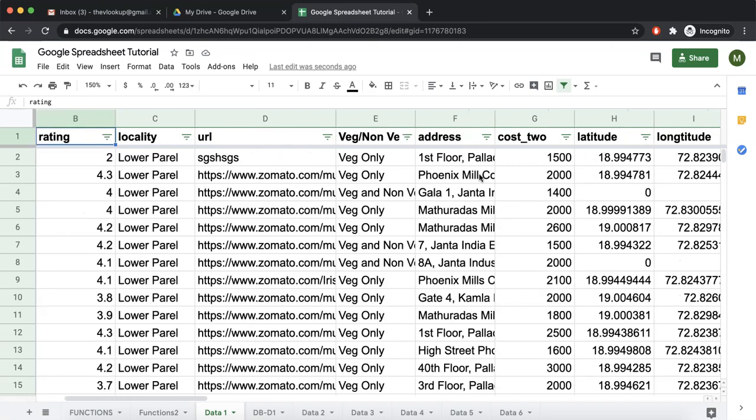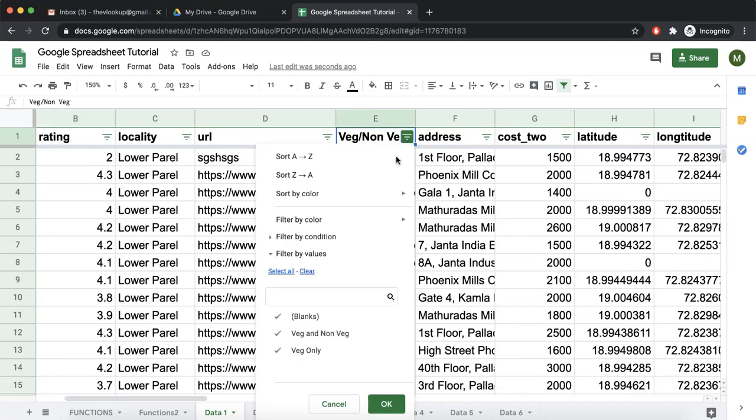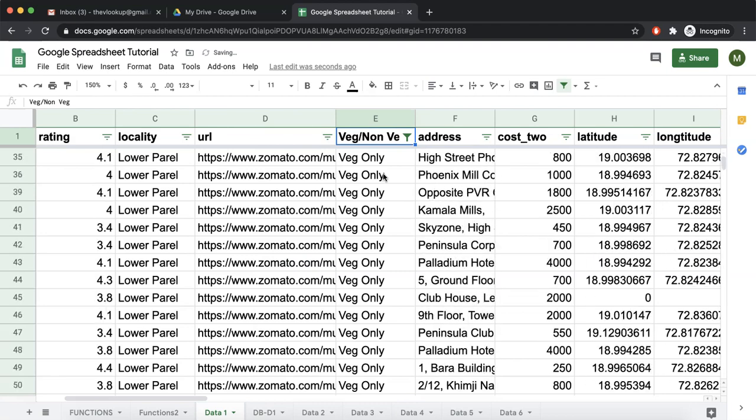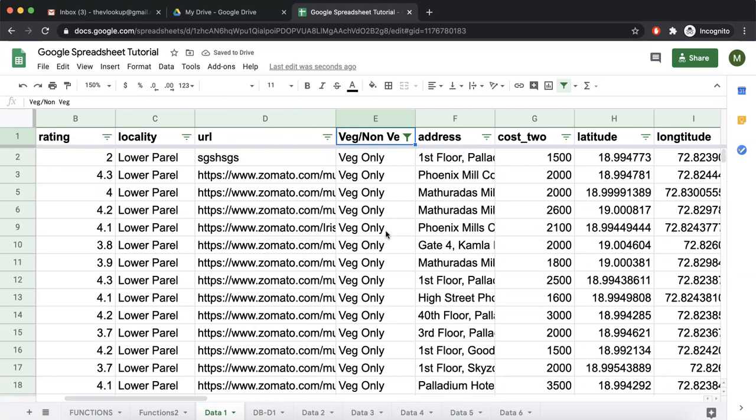We want to see just veg restaurants, so you click over here and you get 3 options. These 3 are the options that are present in these columns. So there are some blanks, there are some veg and non-veg, and there are some veg only. You clear all and you select veg only. Now we have everything that is for veg only restaurants.